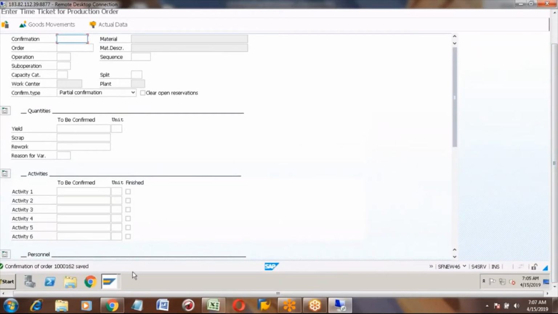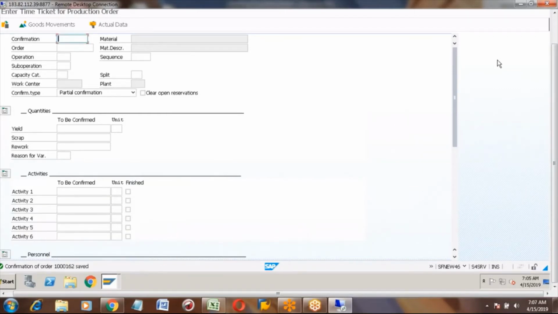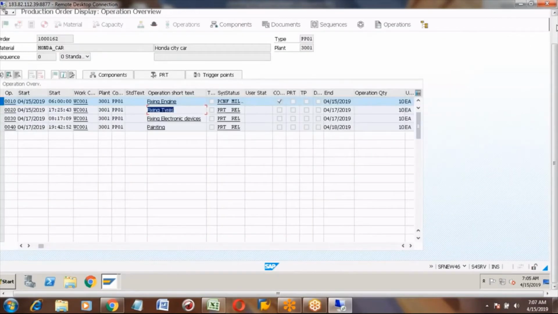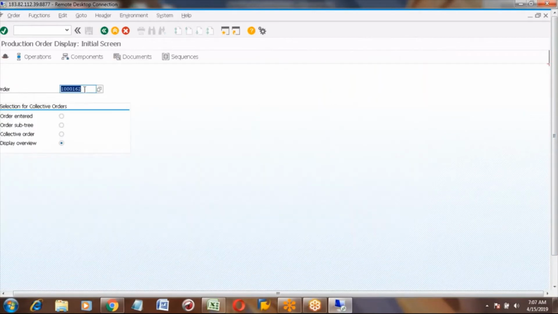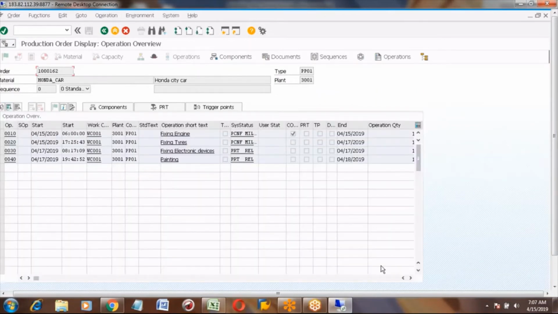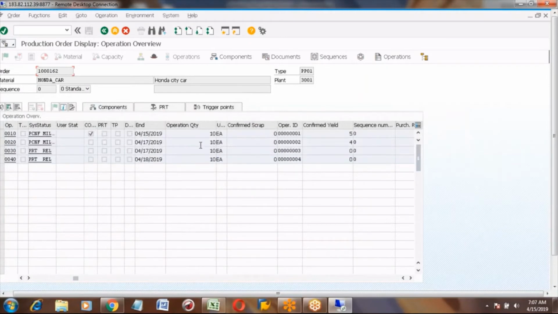Now if you go and check your production order once again, there is no refresh button here. You need to go back and open it once again. Open the production order, go to operations and check here. This operation quantity is 10, but you have confirmed only 4.